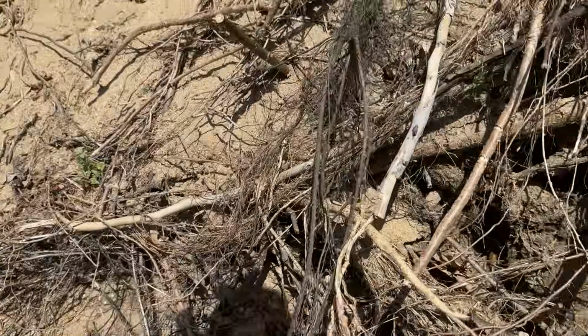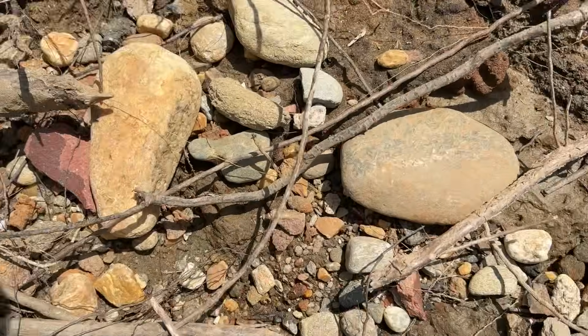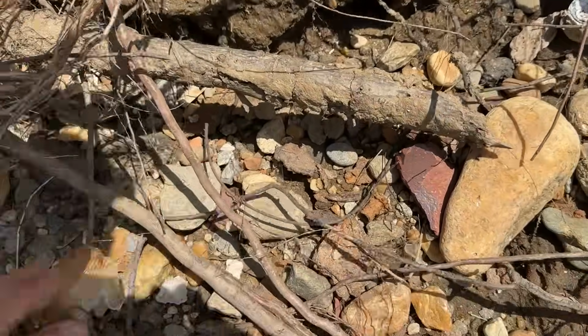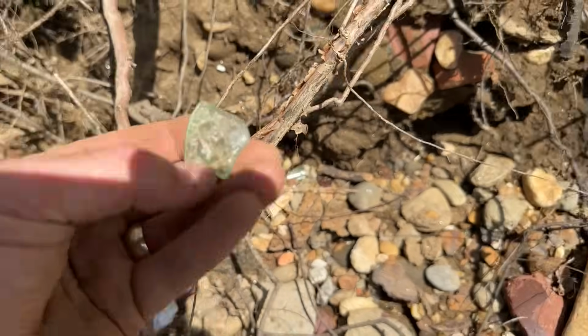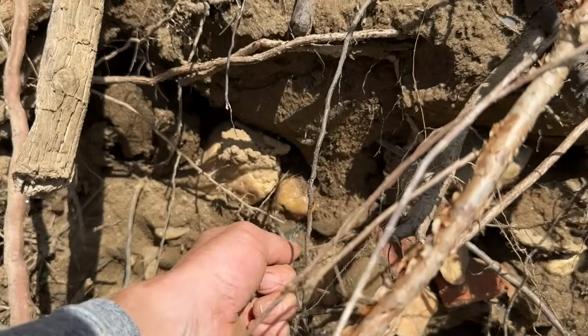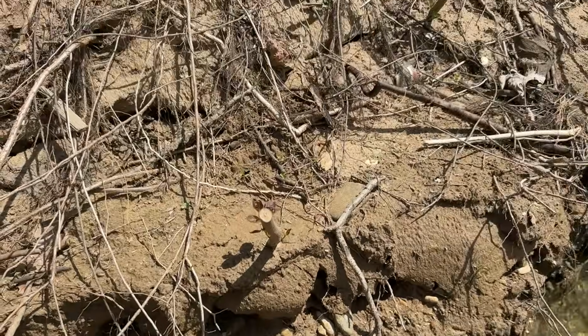Looking along. Gotta look real close and see. You guys see anything else I'm missing? Here's a jar that's broken. Here's some glass. Some more glass. Here's some. It looks like it's been melted. Oh, here's a piece. But it's just broken. All right. Well, we'll keep going. It's a broken